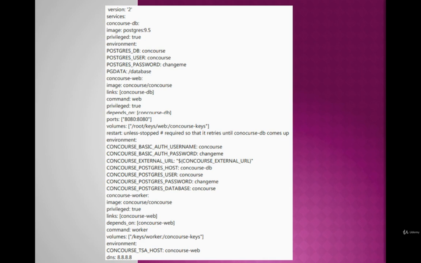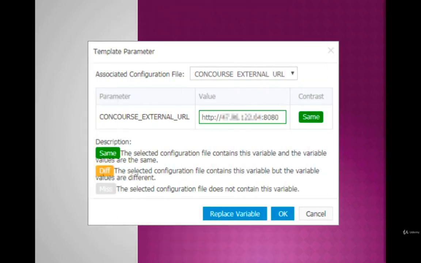The template parameter dialog box appears. Select the configuration file to be associated with from the associated configuration file list. Click Replace Variable and then click OK, as you can see on the screen.